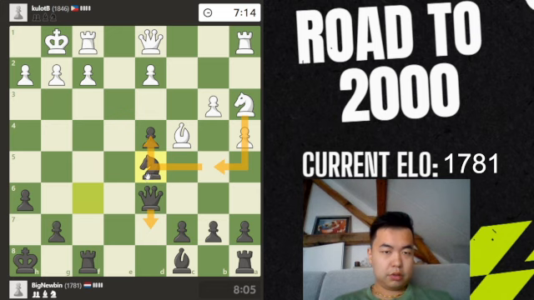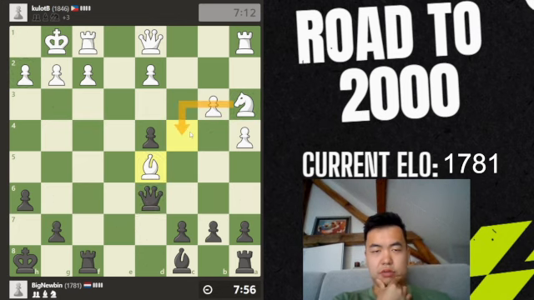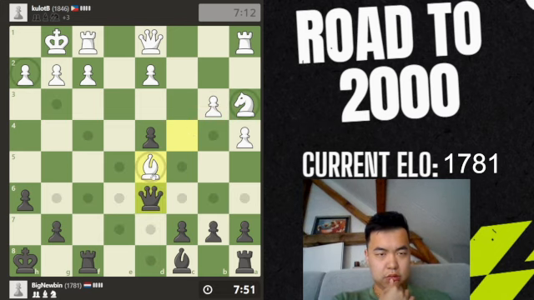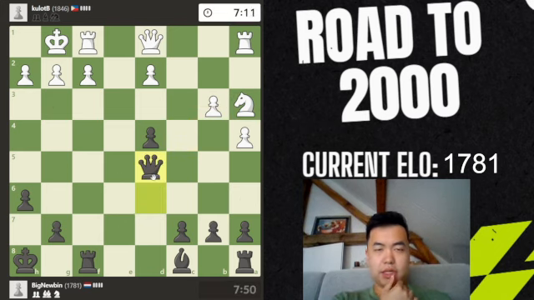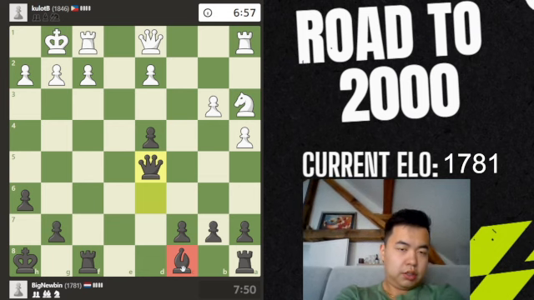Knight d4. Oh, he just takes. Interesting. Because now he has knight c4 as well, which I didn't really include in my calculations. But my queen is nice and centralized here, so that's nice. So the only thing we have to do now is really develop this bishop on c8. And then we're kind of done with our development and can think about how to proceed